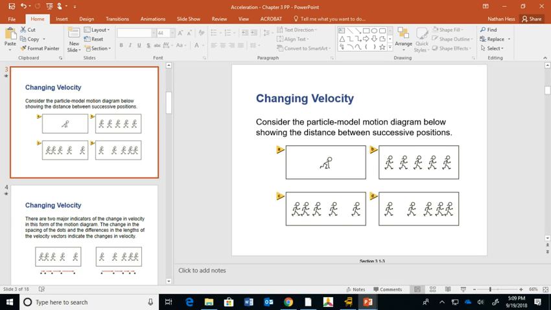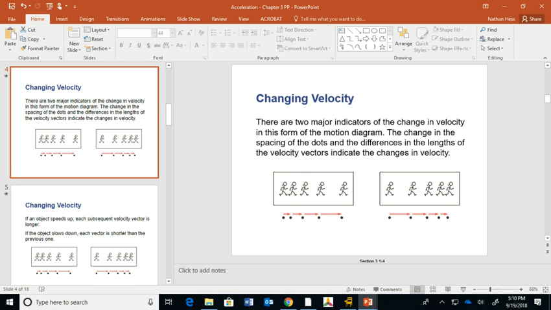If we look at some motion diagrams here, this first guy is really not moving at all, right? B, you can see, because again, each one of these guys is the same unit of time. Since those don't change, they don't get any further apart or closer together, we can tell this person is moving at a constant velocity. So if we have constant velocity, is there any acceleration? No, there is not. There would have to be some sort of changing velocity, which we can see in these